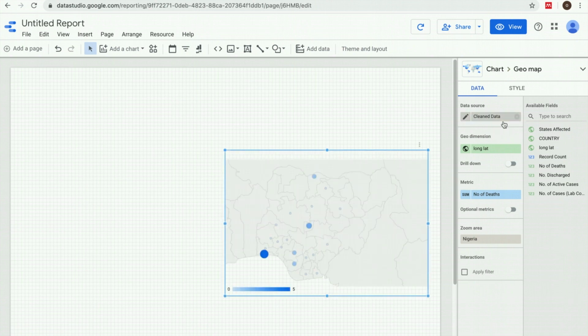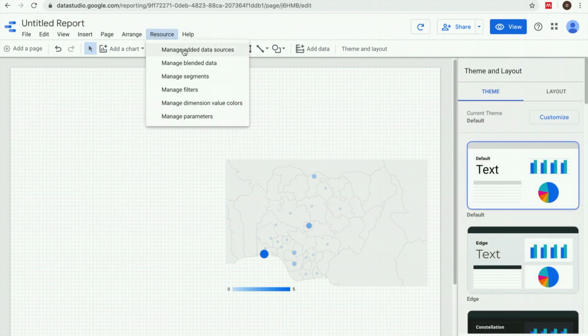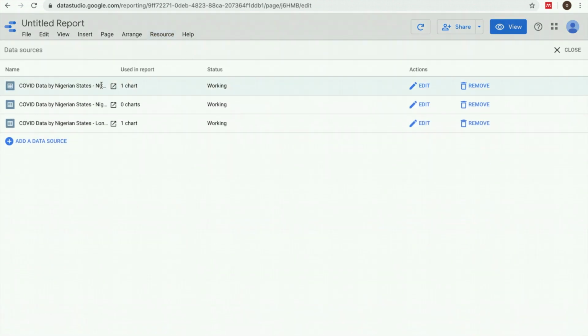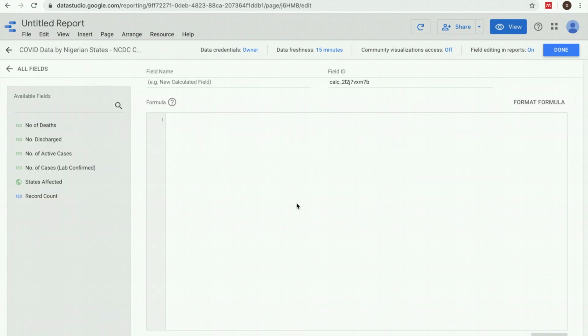counts. I want to actually show fatality score, which is deaths divided by confirmed cases. This is just a quick overview of how a state is performing. So out of the confirmed cases, how many die? Obviously, this would penalize states with low confirmed cases. For example, if you have 3 confirmed cases and 1 death, you're 33%. But if you have 100 confirmed cases and 12 deaths, much lower. But again, it also reflects why you need to test to actually get a good overview of what the fatality score is. So I've gone to